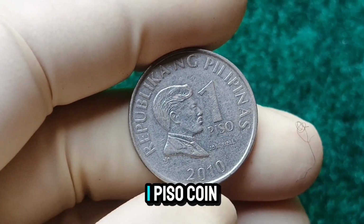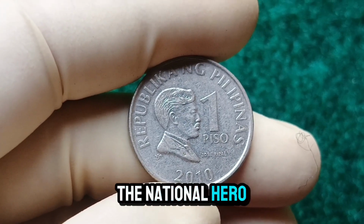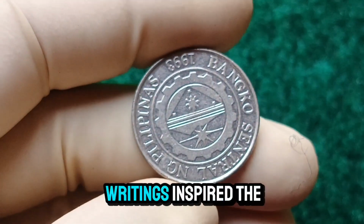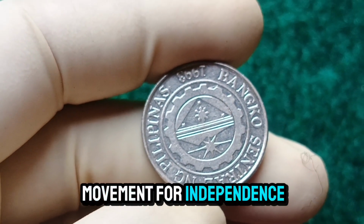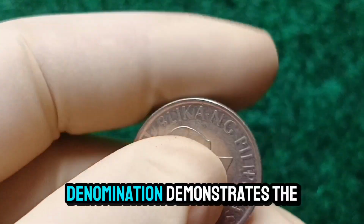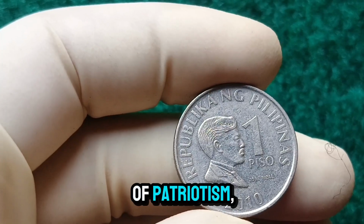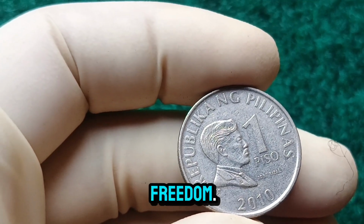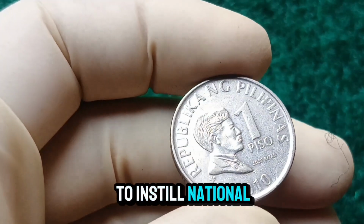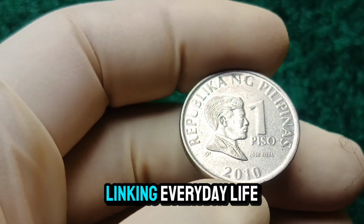The 2010 One Piso coin features the iconic portrait of Jose Rizal, the national hero of the Philippines, whose life and writings inspired the movement for independence during Spanish rule. The decision to keep Rizal on the One Piso denomination demonstrates the coin's role as a circulating reminder of patriotism, education, and the pursuit of freedom. It was designed to instill national pride in every Filipino who used it in daily transactions, linking everyday life to